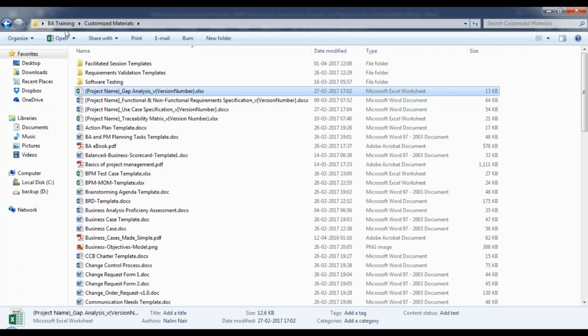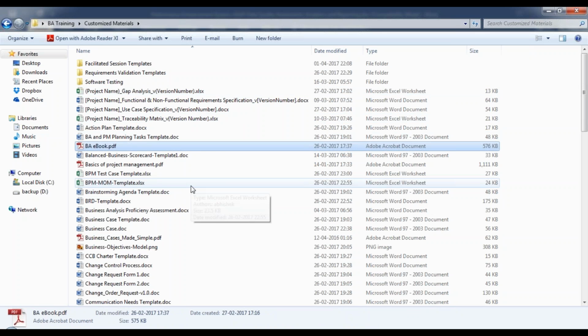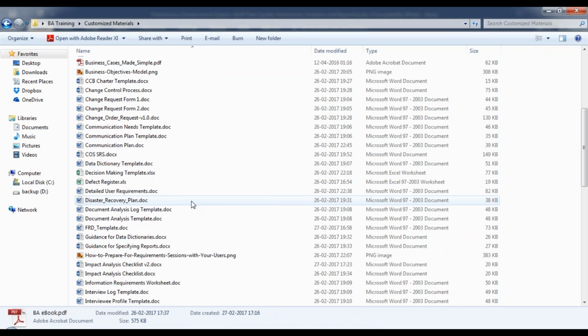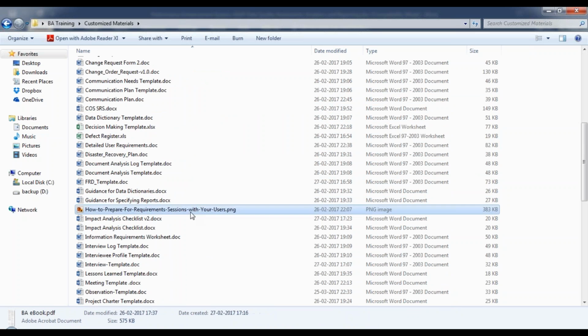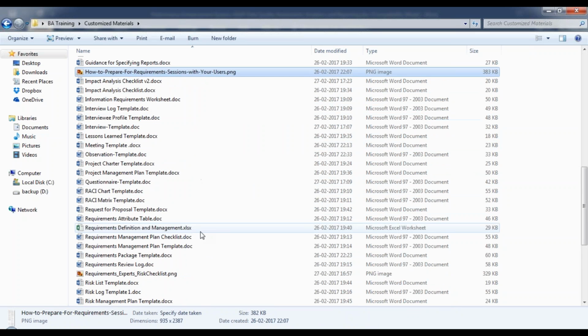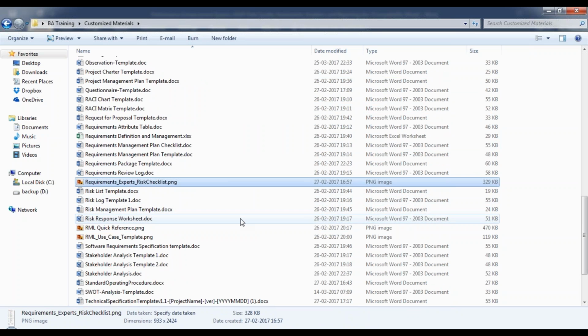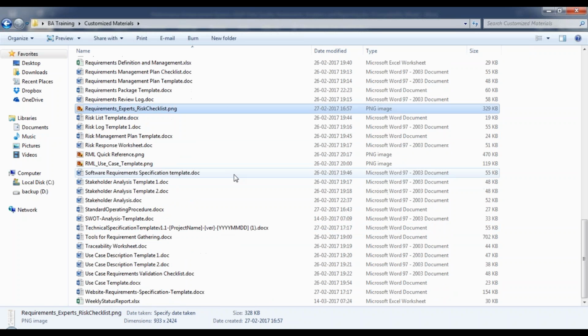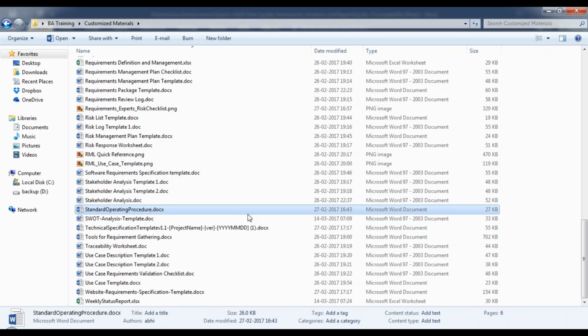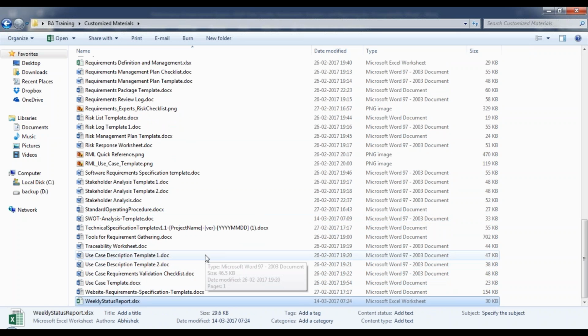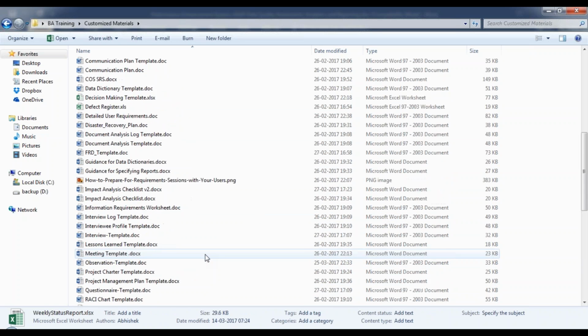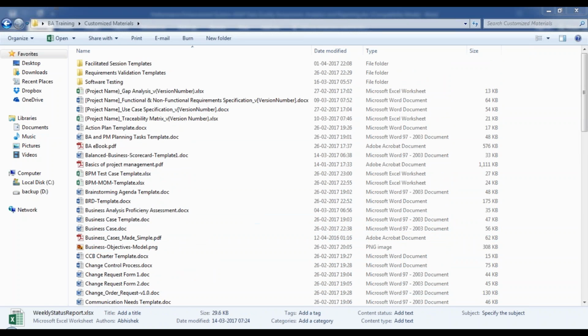How to create gap analysis, and then we are also giving you a BA ebook, BABOK study material, and some important templates which we will see live, how to use those templates, some quick referencing use case templates, standard operating procedures, etc. And I will also help you with how to create minutes of the meeting, the weekly status report that should be shared, and how to create a defect report.